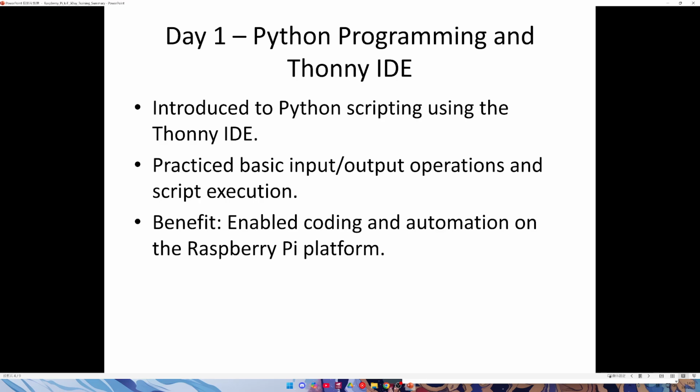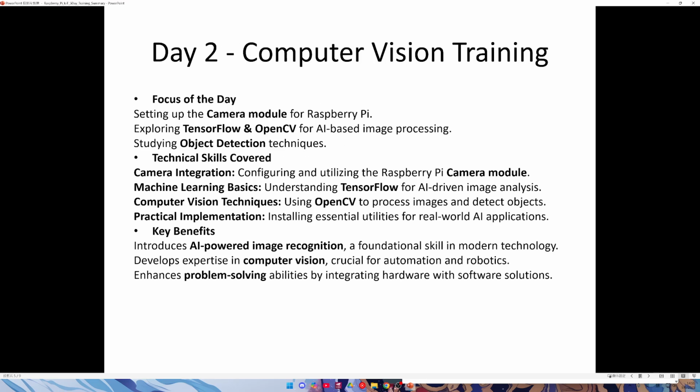I also learned a new IDE called Thonny IDE, which is built into the Raspberry Pi system. Compared with other IDEs I've used to develop Python, it is better and more intuitive when we are trying to develop applications on the Raspberry Pi. Next, in day two, we had computer vision training, in which we set